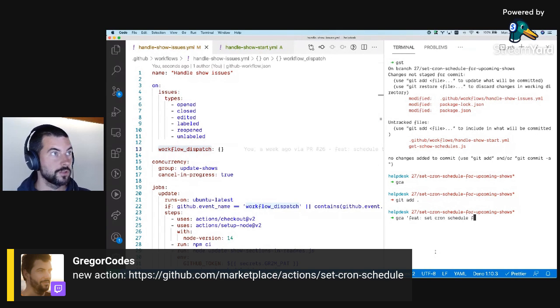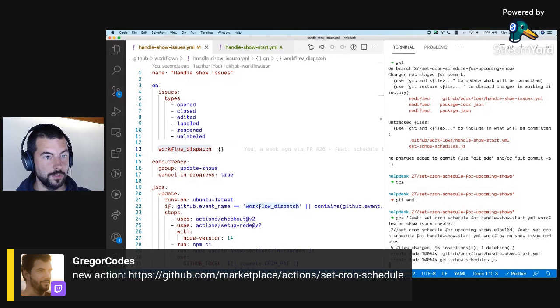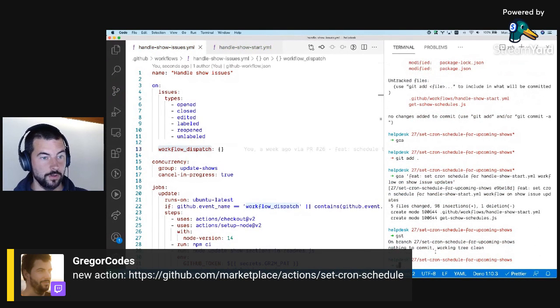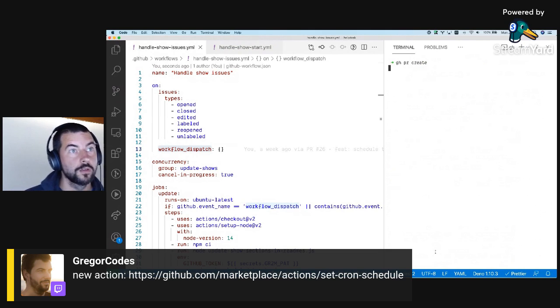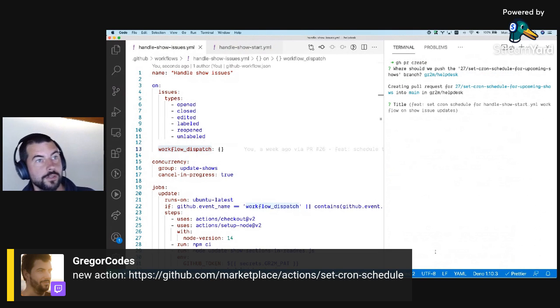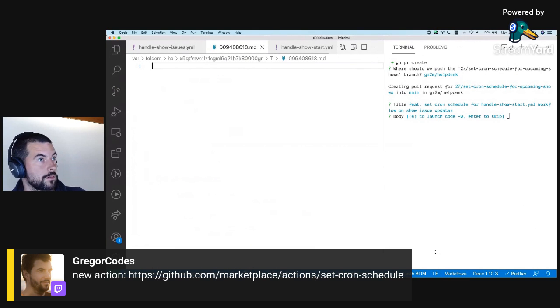Set cron schedule for handle show start YAML workflow on show issue updates. Create a pull request. Okay.